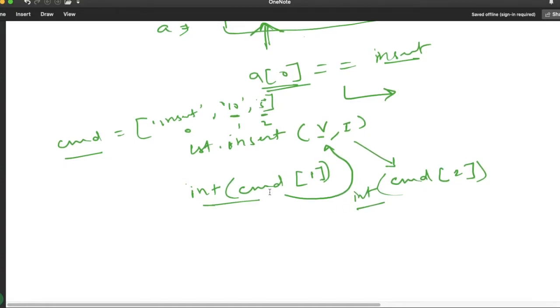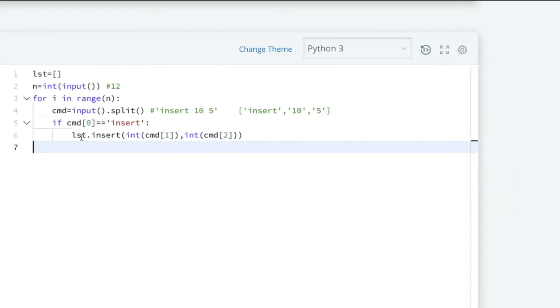So we are done. We have written the same thing over here. Now suppose the input was not insert. Suppose the user hasn't given the very first command as insert, suppose he has given print. So it will check at the very first if command of 0 equal to insert, no, it is print. So it will go to another condition check.